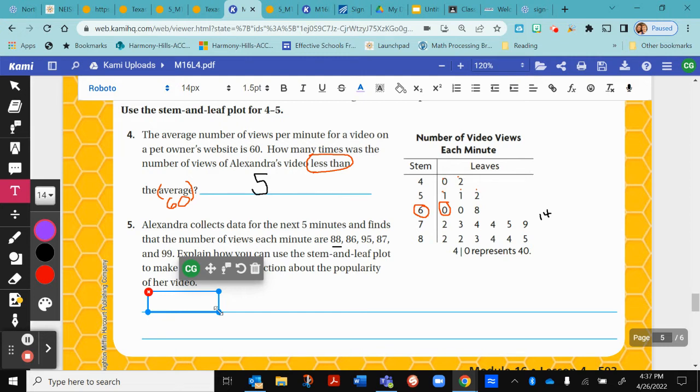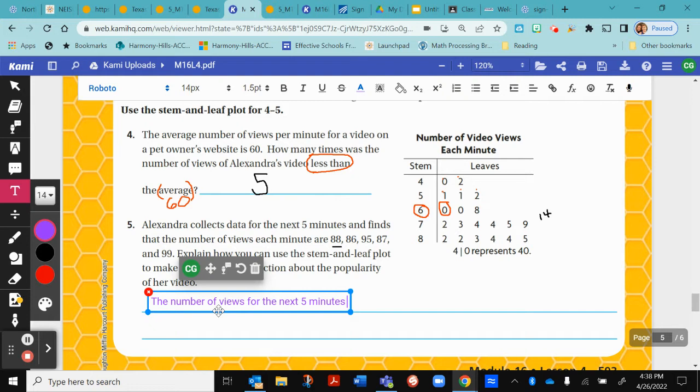So the longer that it's on YouTube, what happens to the number of views? Yeah, it gets so popular that it's increasing. Well, that's the same concept with Alexandra's little doggy doing that one little trick. So on this one right here, when we're making a prediction, we can actually say that the number of views for the next 5 minutes is greater than the views in the first 20 minutes. Write that down. The number of views for the next 5 minutes is greater